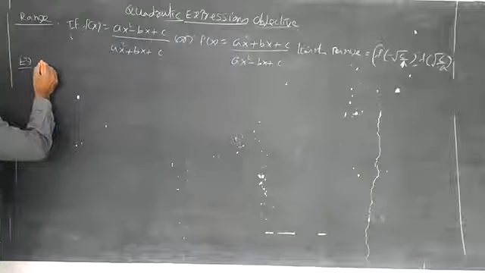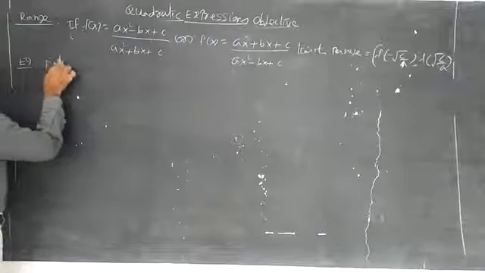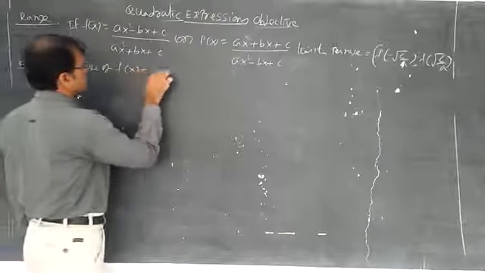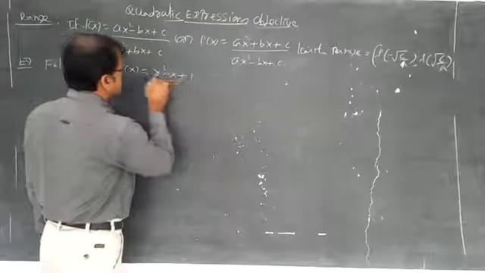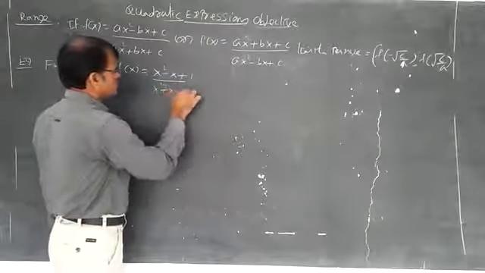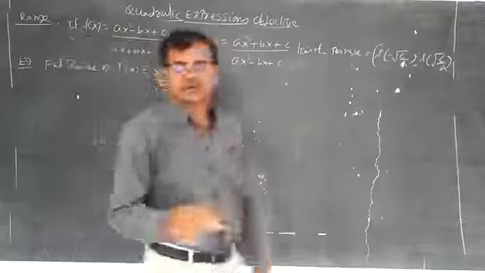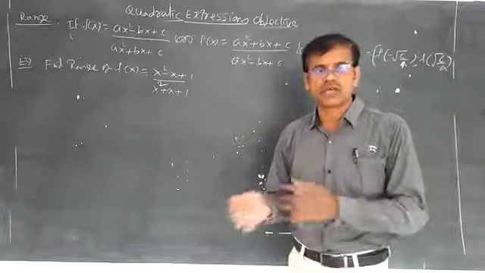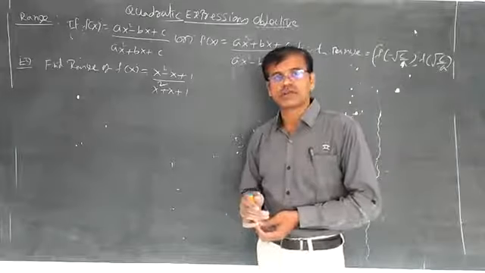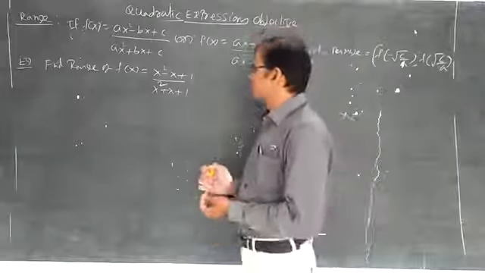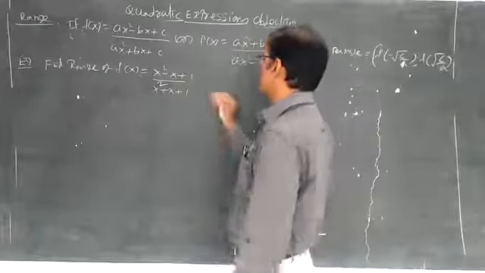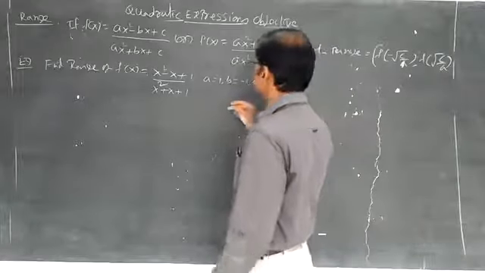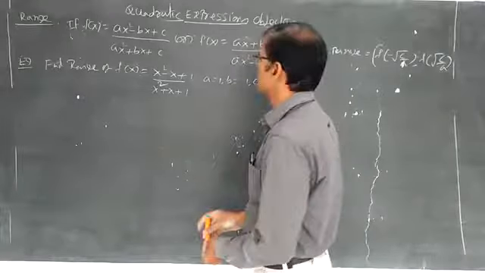Let us consider an example. I think example 20. Find the range of. This is the important IPE question. Find the range of f of x is equal to x square minus x plus 1 by x square plus x plus 1. Of course, you can take this one as y and take cross multiplication, and make x real using delta greater than equal to 0. The concept is there, depends upon the exercise 3b. We can do without doing that. Shortcut is there. Here a is equal to 1, b is equal to minus 1, of course b is also 1, c is equal to 1.